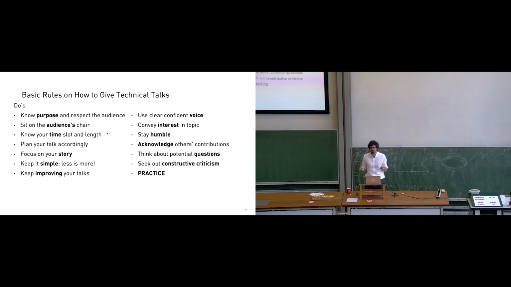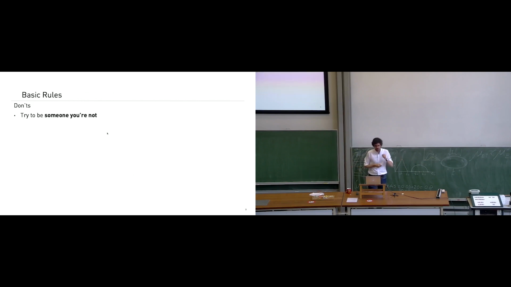So keyword number 2, practice. There's no escape. What shouldn't you do? Try to be someone you're not. If you're not super expansive, you don't need to go on stage like a clown, okay? Be yourself. Professor David Norris, he's quite a calm person. He gives a very calm voice. His talks are super interesting. You're really there, listening. Okay?